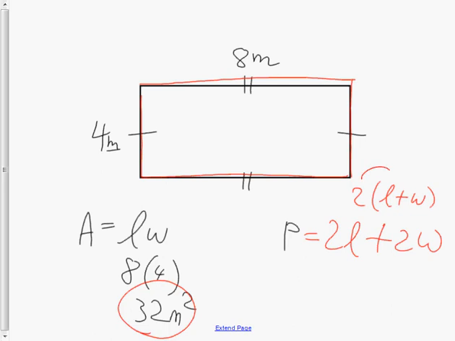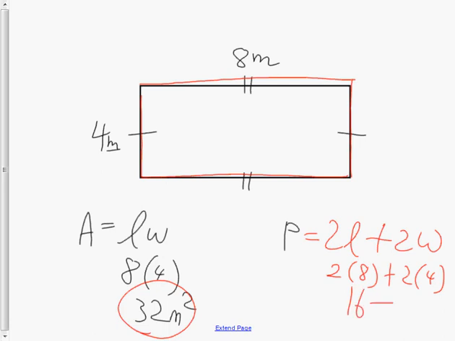you could use it like you have two lengths and you have two widths. You could use it that way if you want to. For a simple formula, it's going to be 2 lengths plus 2 widths. Therefore, you have 2 8s and you have 2 4s, which means the 2 lengths added together are going to